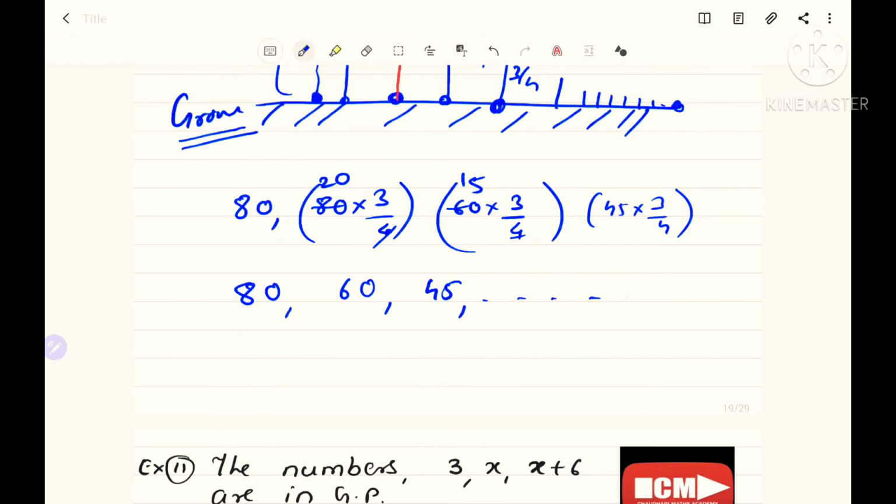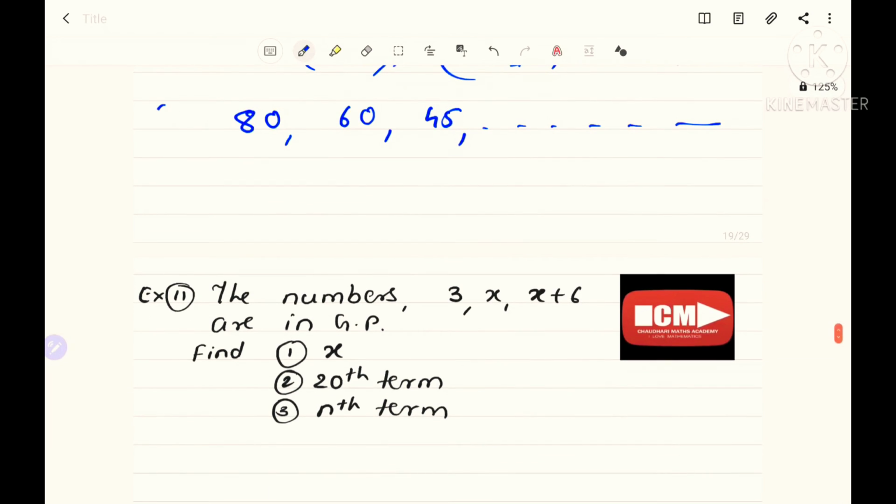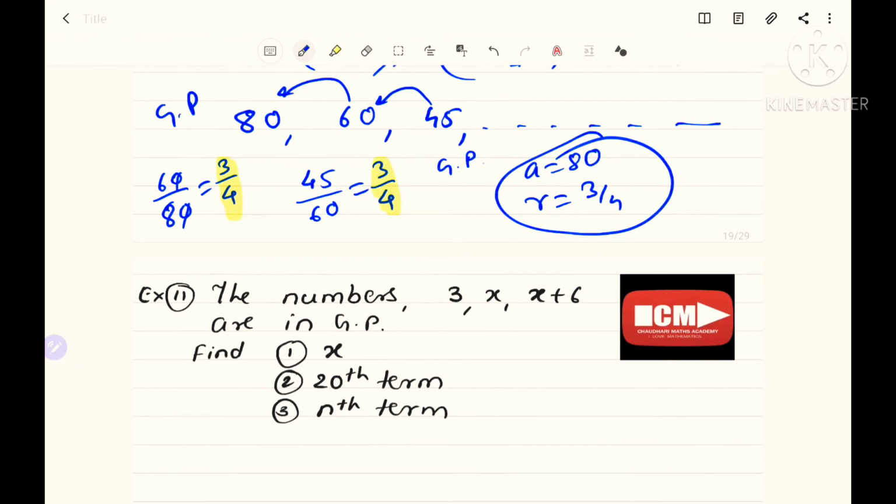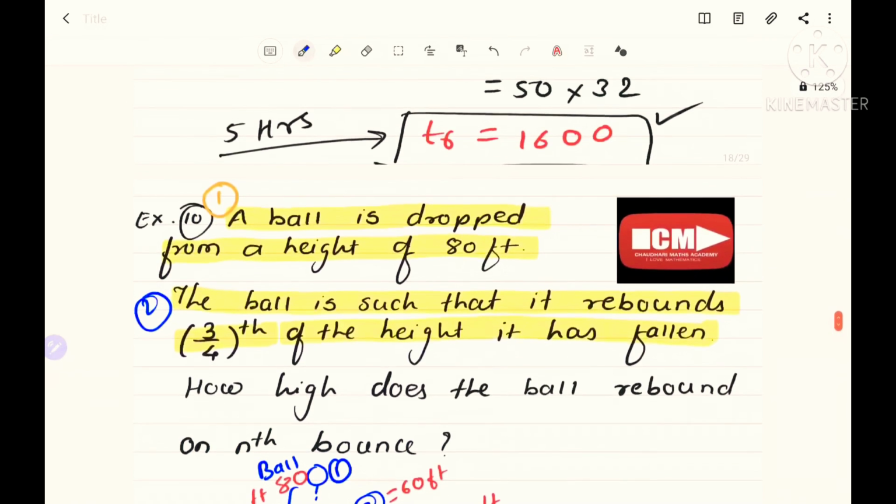If you continue this entire series, it is in geometric progression. Try to observe, just take a ratio of 60 with 80. If you take a ratio of 60 with 80, then it becomes 3/4. If you take a ratio of 45 with 60, then it is also 3/4. Are you observing? The ratio of two successive terms remains the same. So this sequence is a geometric progression whose first term is 80, common ratio is 3/4, and please try to find